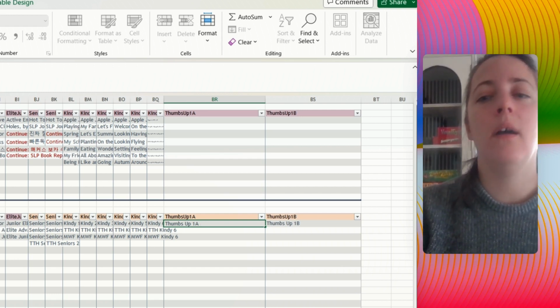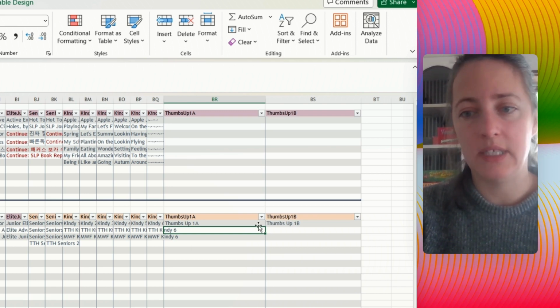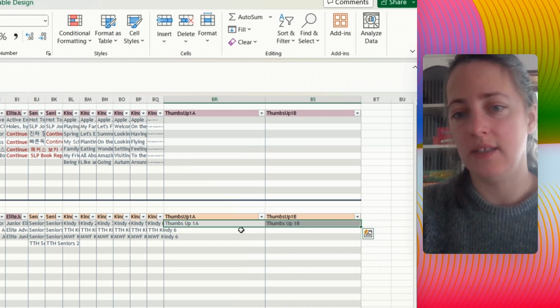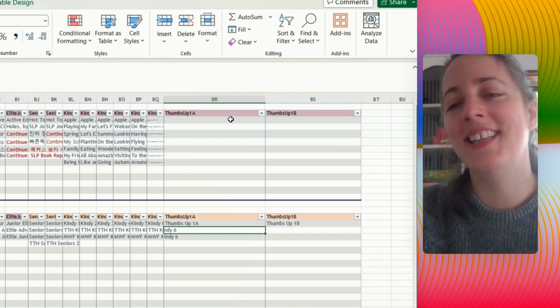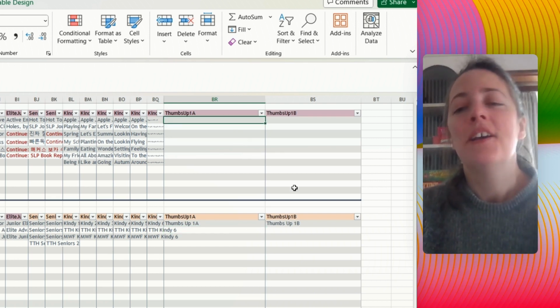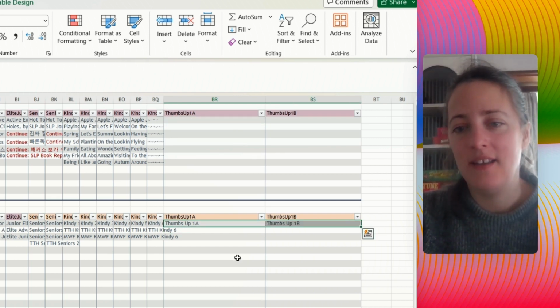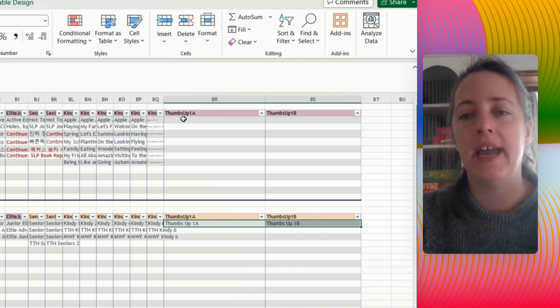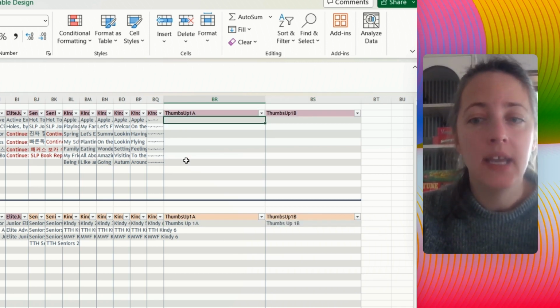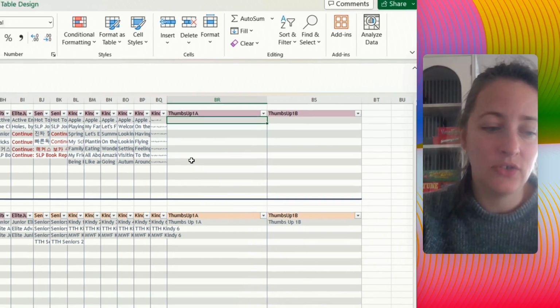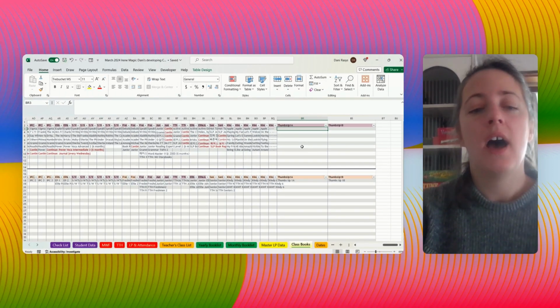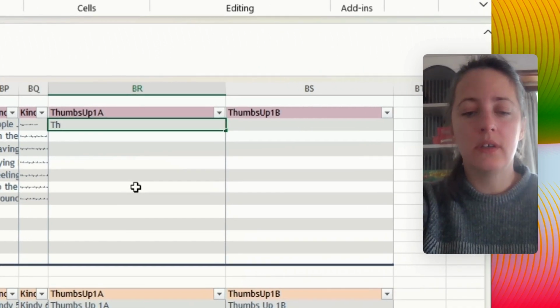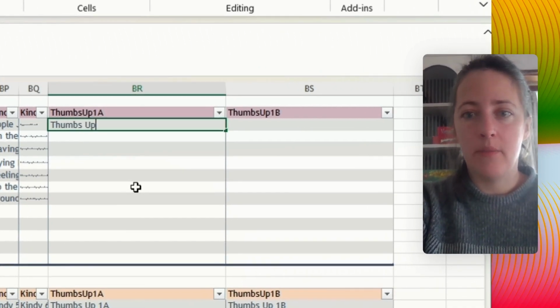It is really going to be up to you how you decide to do that because even though I have an opinion, it doesn't mean that that's what it is. But once you have decided what you're going to name those classes, you're going to go ahead and actually put in their books. And you want to put in both the foreign teachers' books and the Korean teachers' books. I start with the actual course book, which is thumbs up 1A